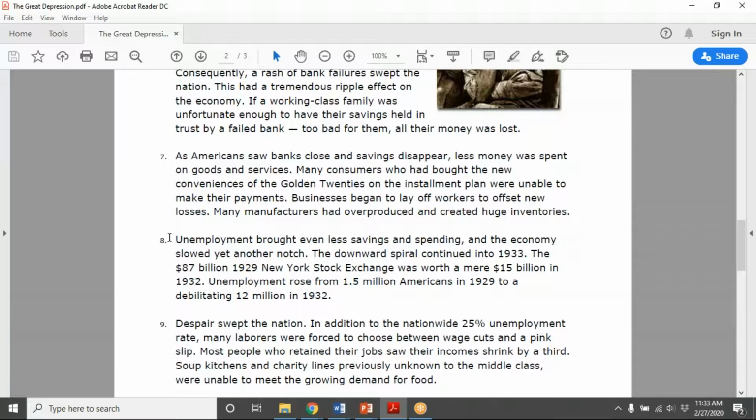So I mean, picture your family, right? And we're all in different situations here across the state of Pennsylvania. Picture what it would be like if all the money that you have in the bank,